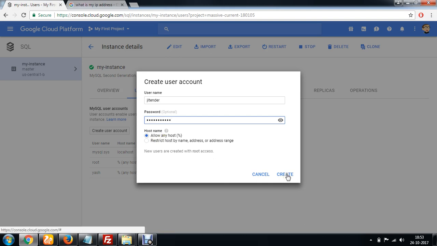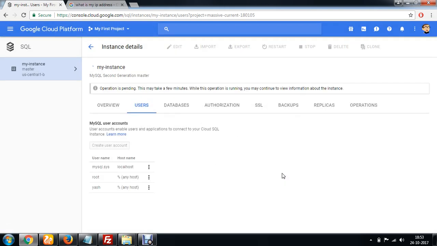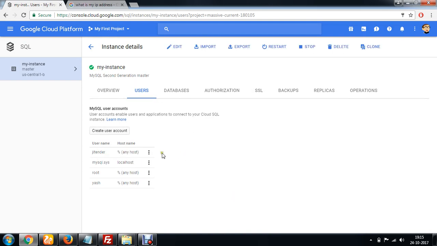Now simply click on create. This will create a user account for my Google Cloud SQL instance. Now you can see that my username has been created.